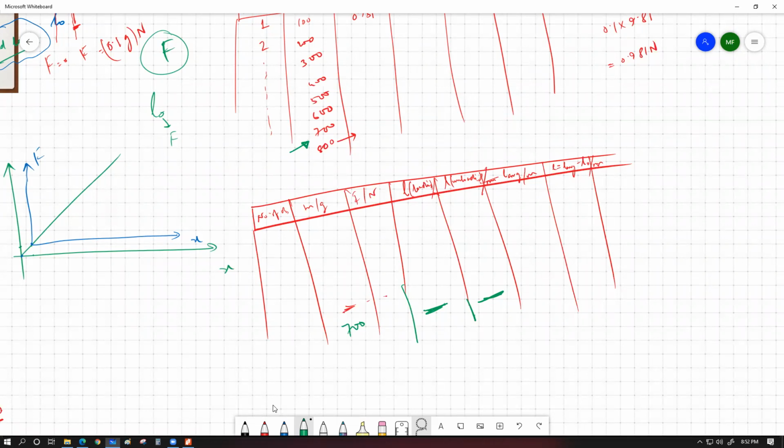This is a helpful precaution to convince us that we did our experiment within the straight line part of the graph. If these two measurements are exactly the same, or very much in close proximity, for example, you might have 0.1 centimeter difference or 0.2 centimeter difference, that can be considered as